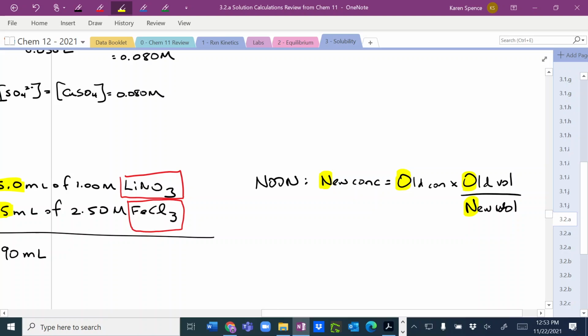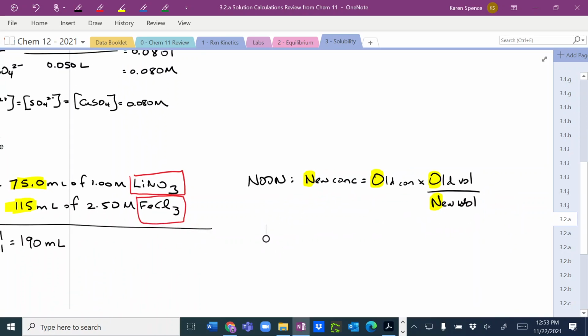So this is just a rearrangement of M1V1, but for myself, I find it more intuitive. With M1V1, I'm always wondering what I'm putting in the right place. For this one, I never wonder. The small number goes on the top and the big number goes on the bottom, so I end up with a fraction of my concentration because I have made it into a bigger volume. Yes? So let us use that to find our new concentration of LiNO3,